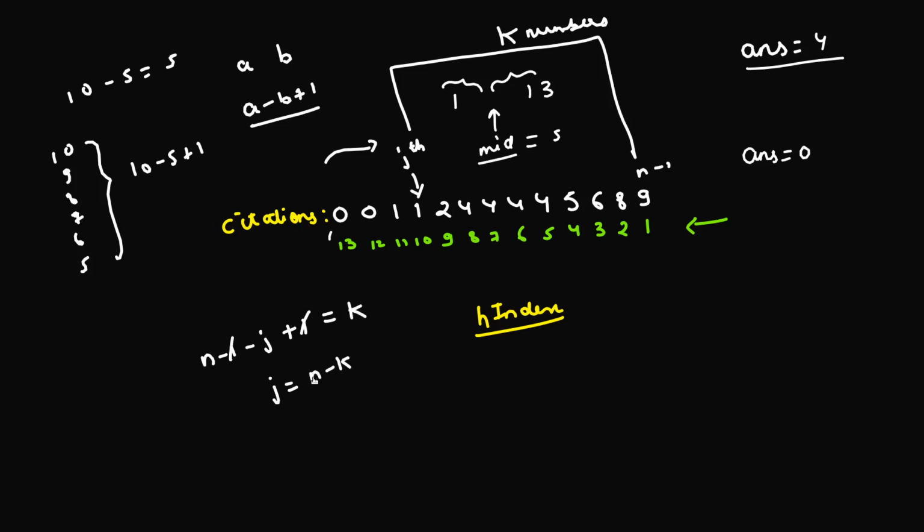What does that mean? If I have to find the kth number from the end, the index of the kth number from the end is n minus k. And you can verify this as well. Suppose you want to find the first number from the end. Since k is equal to 1, j becomes n minus 1, which is actually correct. The first number from the end is located at the n minus 1th index, right? If you want to find the second number from the end, you just put 2 here, and that gives us j equals n minus 2, which is correct as well, because the second number from the end is located at position n minus 2.